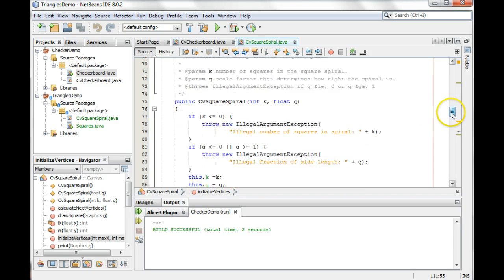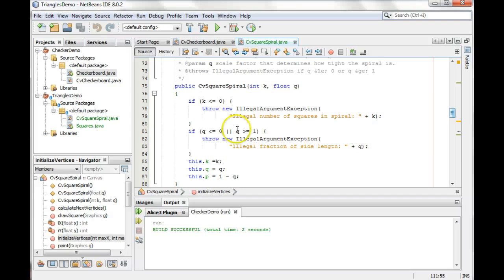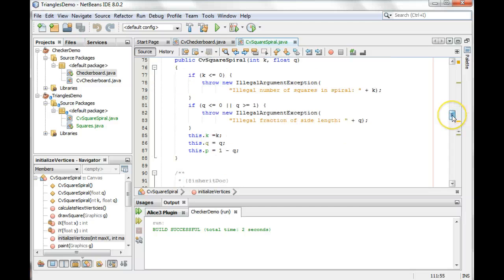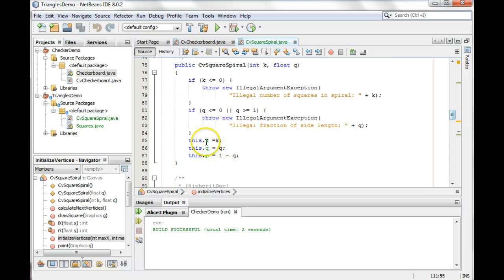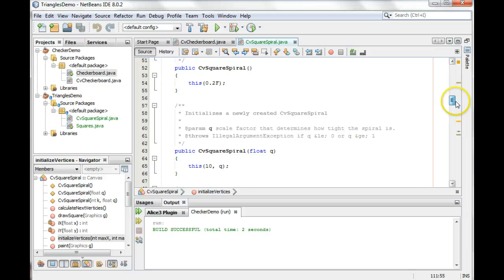But we ended up doing a check to see if the value is okay, and then assigning our field to that value that's passed in. So we're going to do something similar